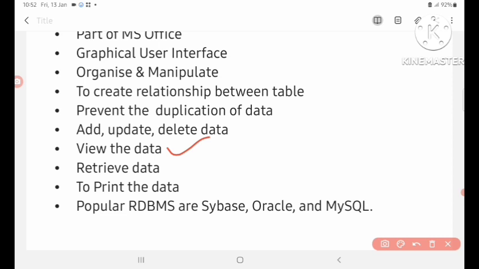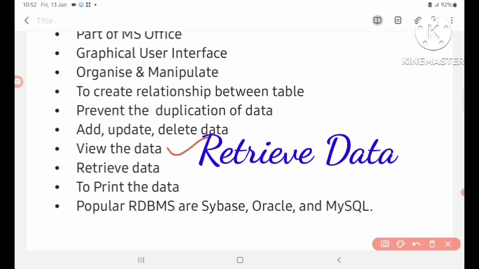Next point, retrieve data. Children, after completing your work, sometimes you need your file and your information in MS Access, in the vast amount of data. You can retrieve the data. It means you can get the data.